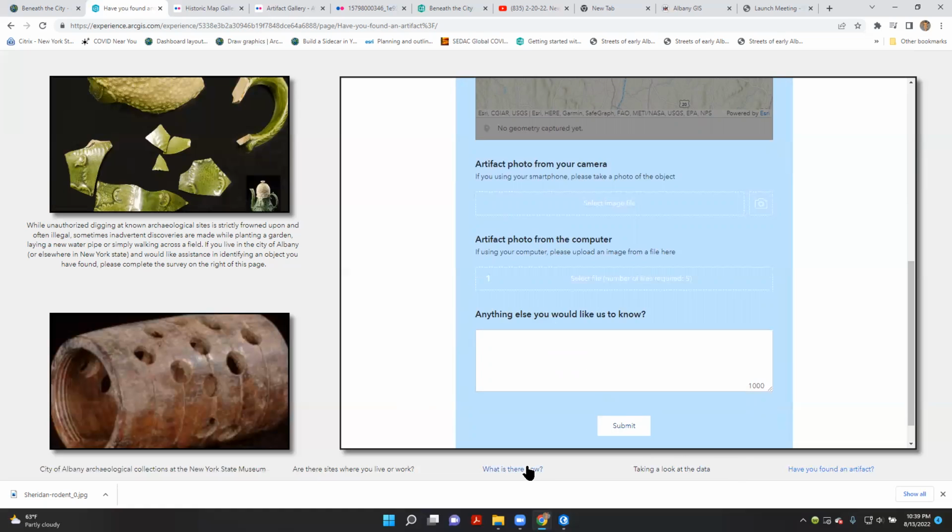Well, that is a brief and nervous overview of the web app. Again, hopefully this is a student project that I can bring to my employment and have it be launched sometime in the near future. While we have all of these collections in the museum available for researchers, professional archaeologists, graduate students,